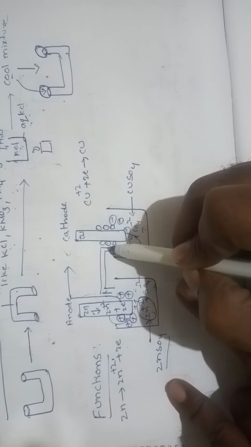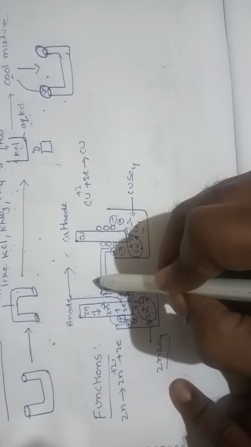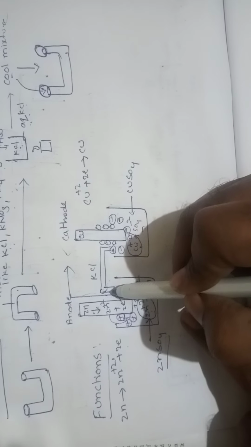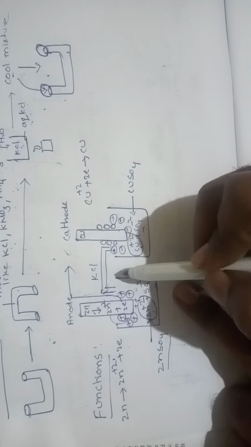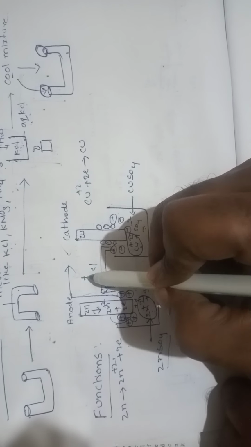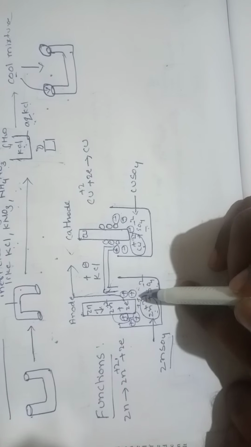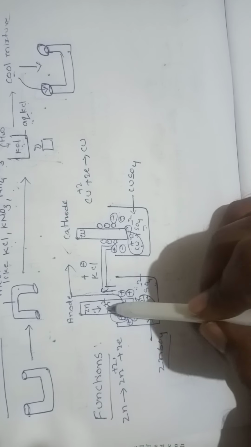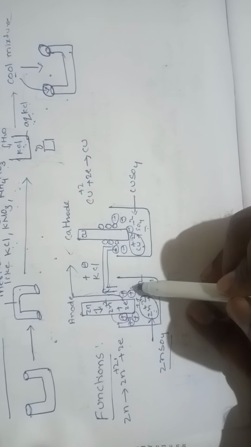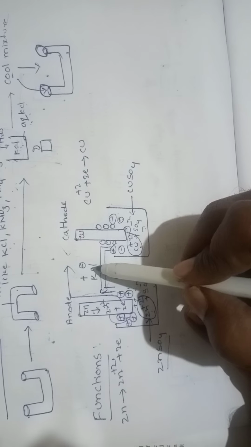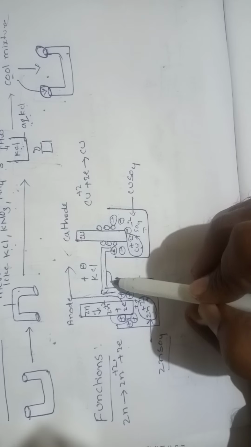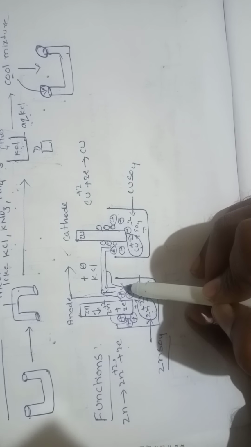The salt bridge contains an inert electrolyte like potassium chloride, an aqueous potassium chloride solution. In this aqueous solution, potassium chloride dissociates into K+ and Cl- ions. Now in the anodic compartment, positive charges develop. To neutralize this condition, from the potassium chloride or inert electrolyte, chloride ions, meaning negative ions, travel into the solution.